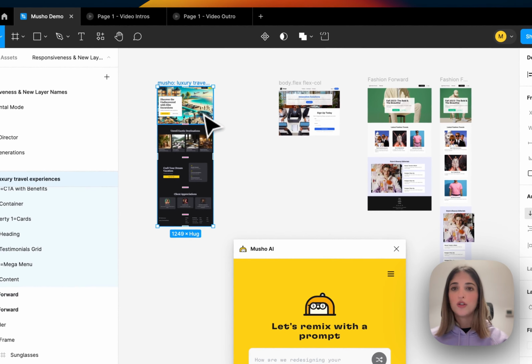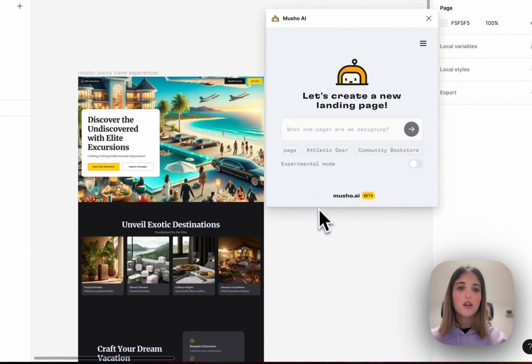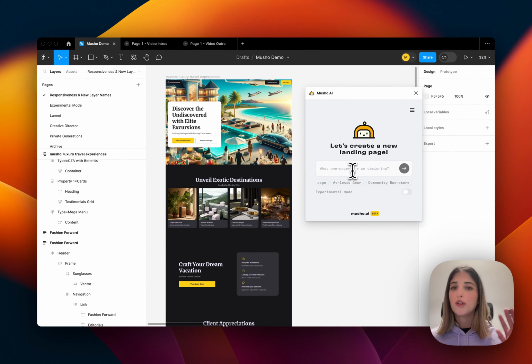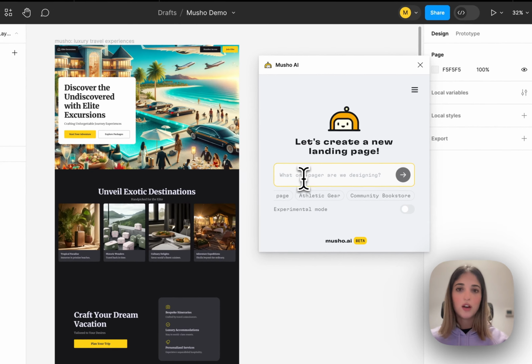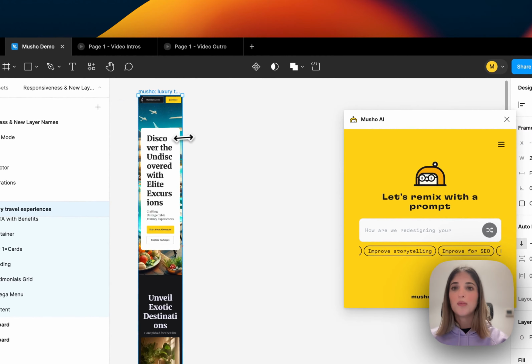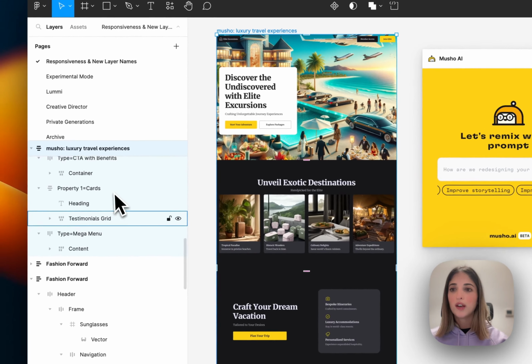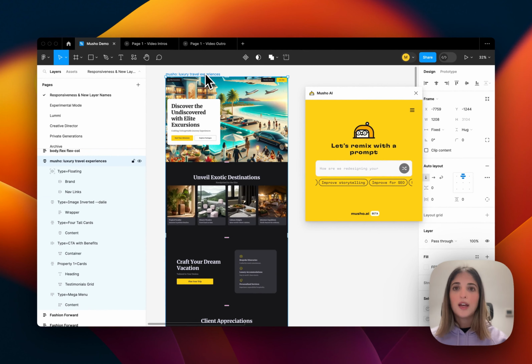This one in here is your traditional landing page created with the simple text input that we have in here. So you can just open up Musho, whether you're in free or you're in pro, and then add whatever you want to see in your landing page in here. And you'll get a pretty standard result that is always going to be really responsive. It's always going to have really nice layer names so that it's easier for you to edit. And the bad thing about it is that the results are going to be always trying to do a certain type of landing page. So you can't really create more than landing pages at this moment.